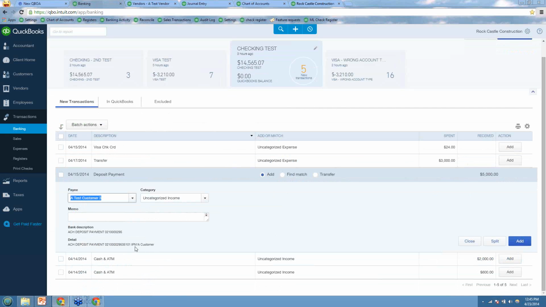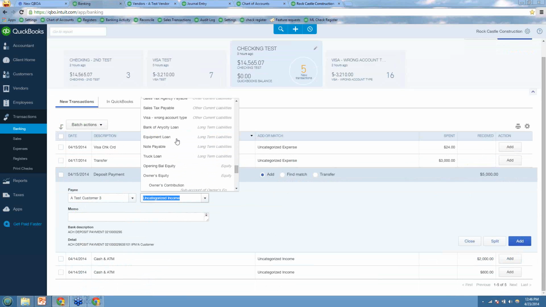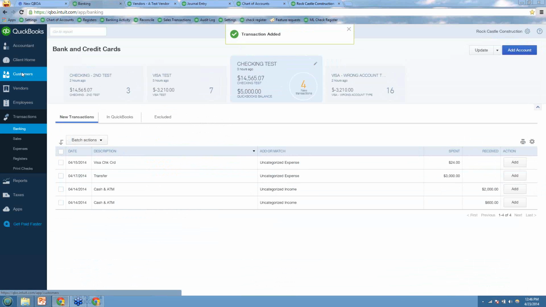See, this says it's coming through IPN, Intuit Payment Network. I can say I want this to go to my income account. I can choose which income account I want it to go to. Let's put it to services. So I've got a test customer going into services. Okay, so this is a deposit that came through the bank that I'm adding. I'm not matching. I'm just wanting to add it. When I click add,